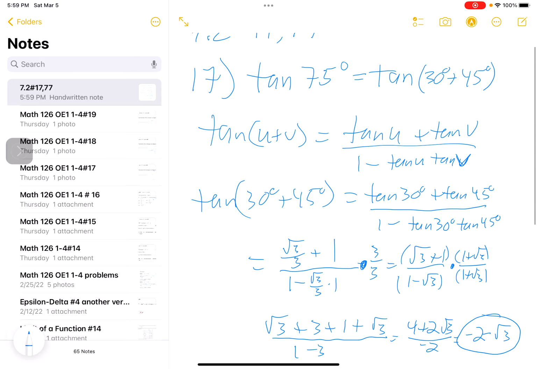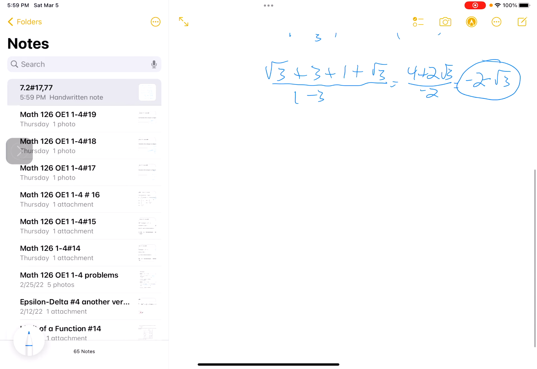That's the first one. I was also going to do 77 from this section. Let me get to the page of the book. It says, express each of the following as an algebraic function of x. And I have cosine of arctangent of 2x